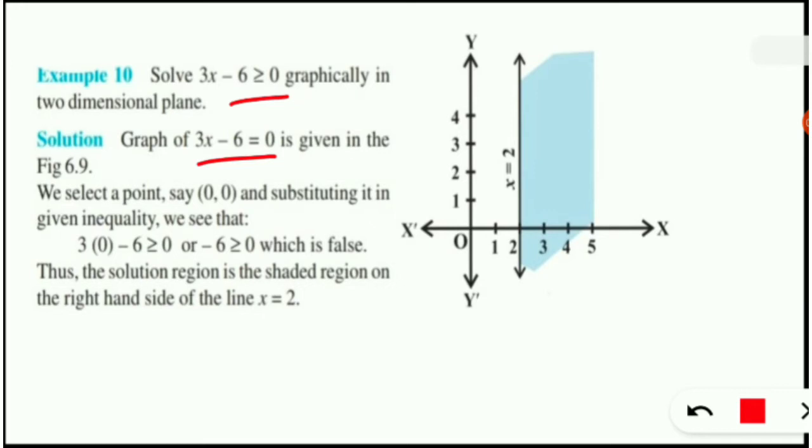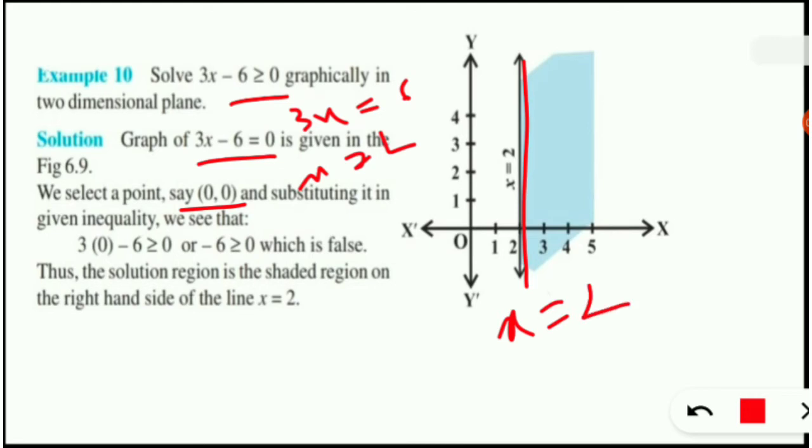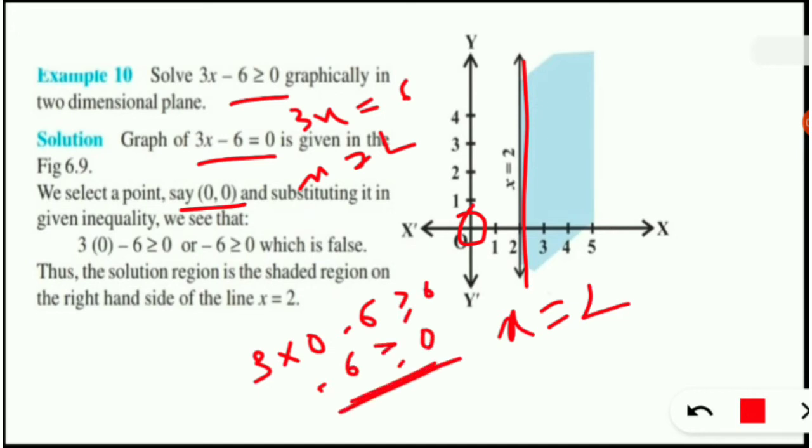Now we select a point (0, 0). Now this is the line. The line is 3x equal to 6, so x equal to 2. So the equation of this line is x equal to 2. Now if we take the origin (0, 0) and put x equal to 0, that means 3 into 0 minus 6 greater than or equal to 0, that is minus 6 greater than or equal to 0, which is false, which is not true. That means this point (0, 0) lies on the left hand side of this line,